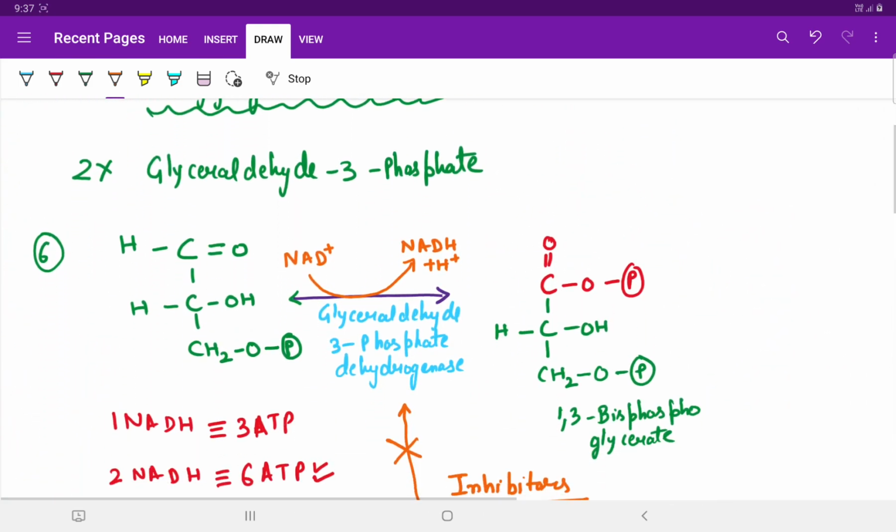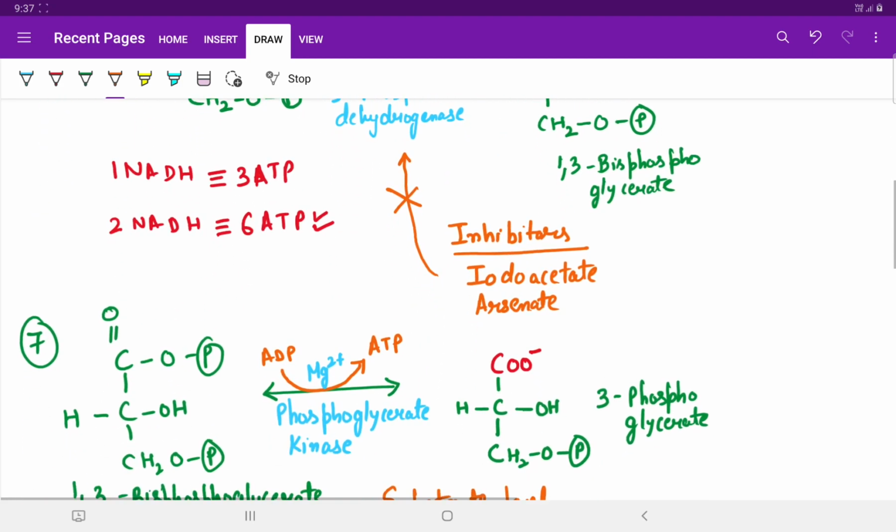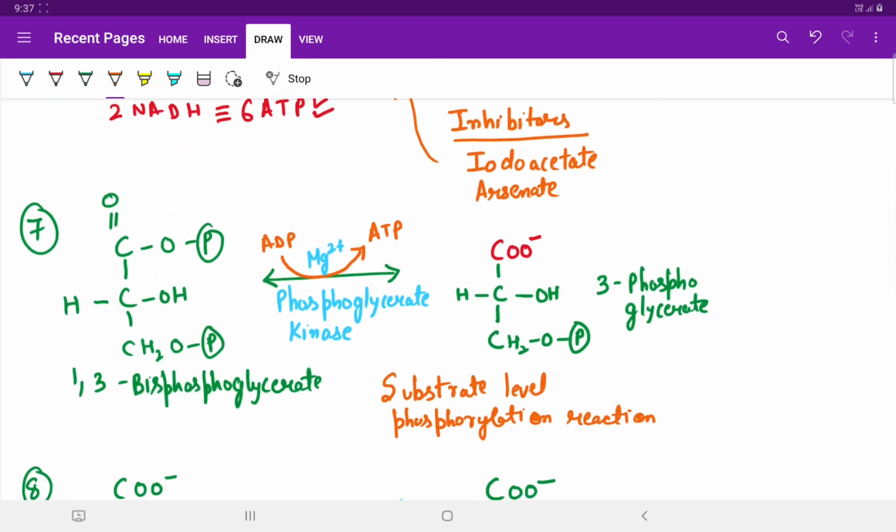This is starting with glyceraldehyde 3-phosphate, from here converted into 1,3-biphosphoglycerate with production of one NADH molecule. As the reaction is occurring for two glyceraldehyde 3-phosphates, then we shall be multiplying every energy product with 2. So in the next reaction, the conversion of 1,3-biphosphoglycerate, a high energy compound, into 3-phosphoglycerate, which is a substrate level phosphorylation reaction, it leads to formation of another ATP molecule.